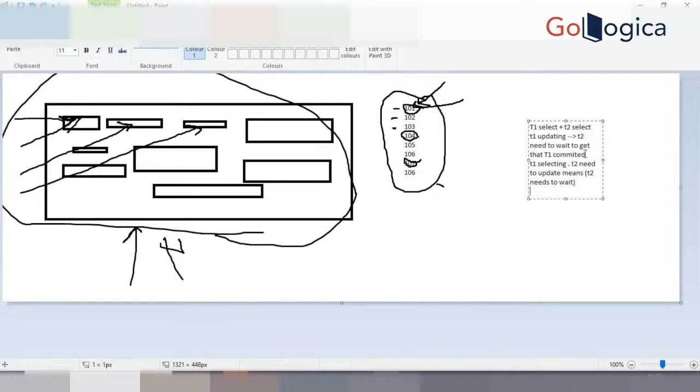If in case T1 and T2 are happening at the same time, same update query, you and me are hitting the same update query at the same time, or any write query, insert, anything, alter, anything. You and me are both writing a